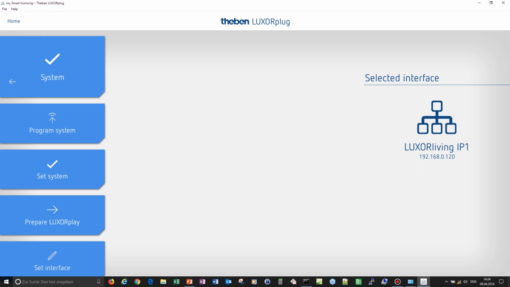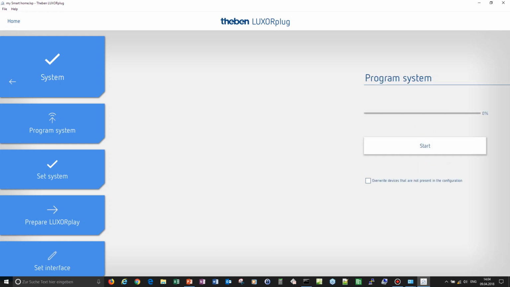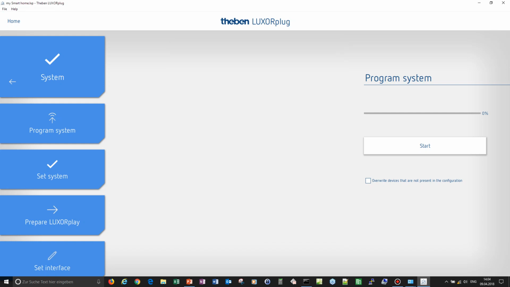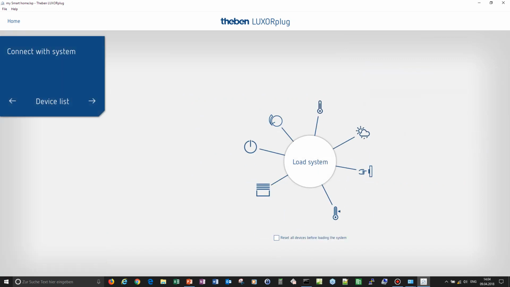Therefore, I'm clicking on Programming, program the system. And now I have to do the programming for that environment and click on Start. Okay, now I have forgotten to assign the real environment with the devices I have already defined. So I have to set the system. I have to load the system. Within that step,